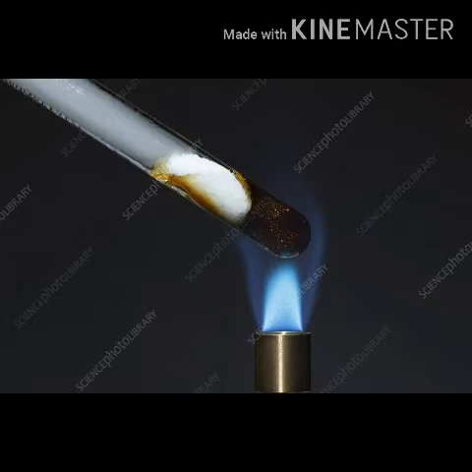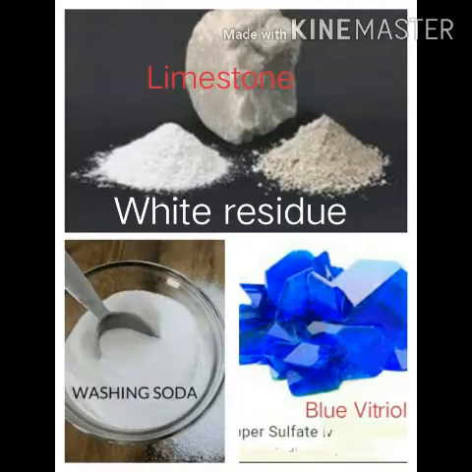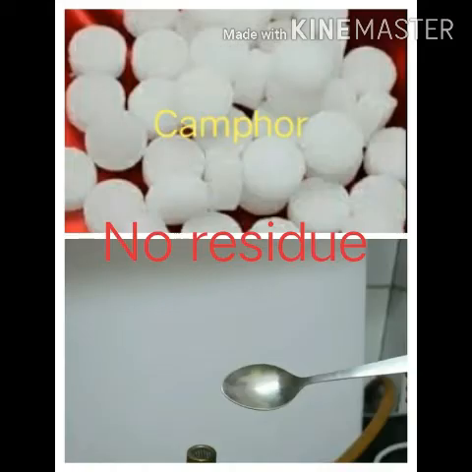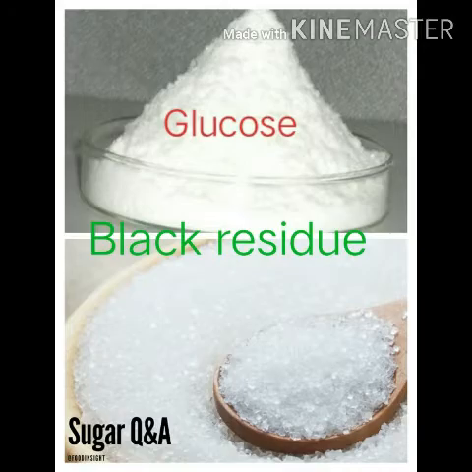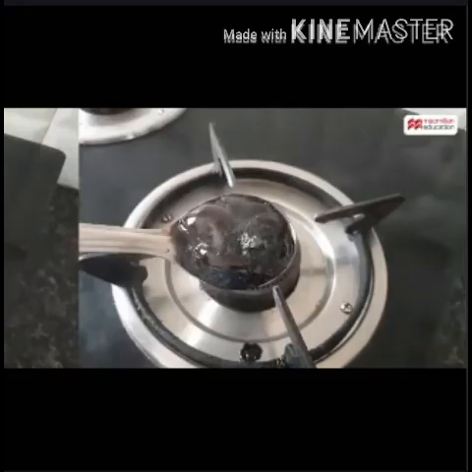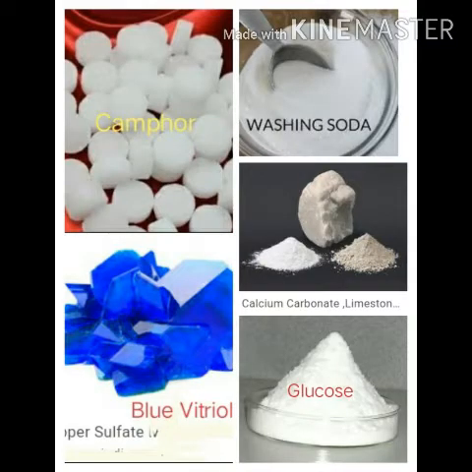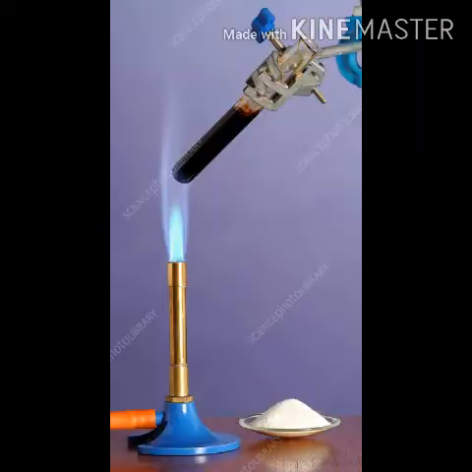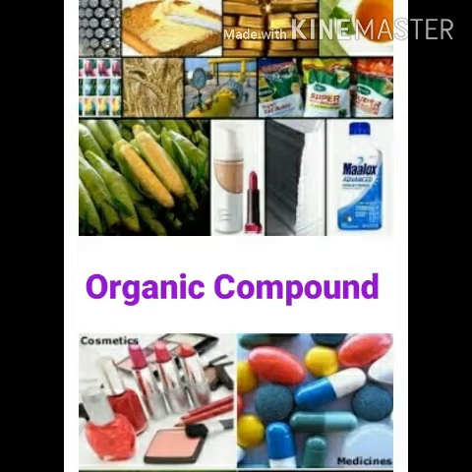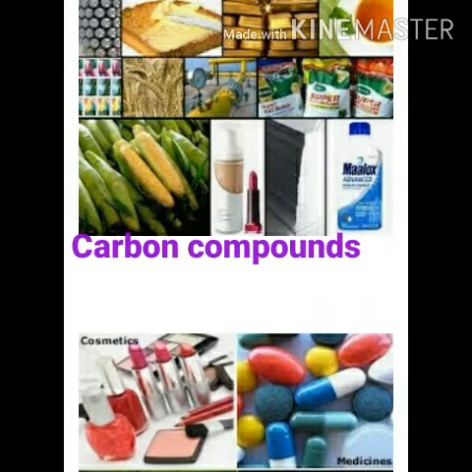You saw in the above activity that on heating strongly, some compounds give residue while others do not give any residue or give a blackish residue. The black residue is mainly made of carbon. Moreover, when such compounds are strongly heated in air, they combine with oxygen to form gaseous substances. In case their combustion is not complete, black colored carbon remains behind as residue. These compounds are called organic compounds or carbon compounds.